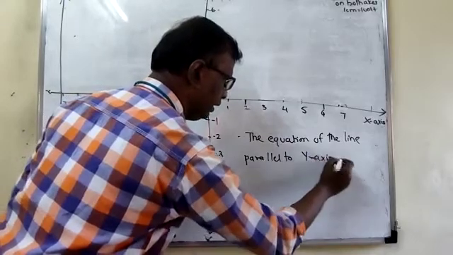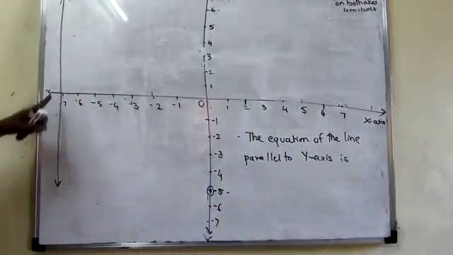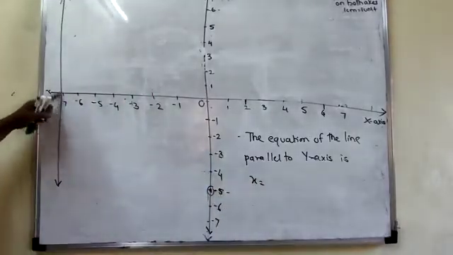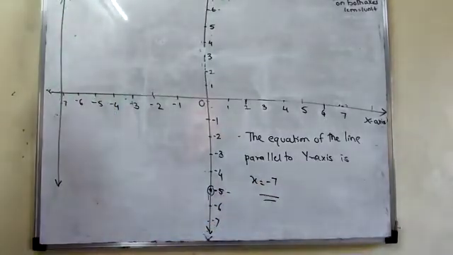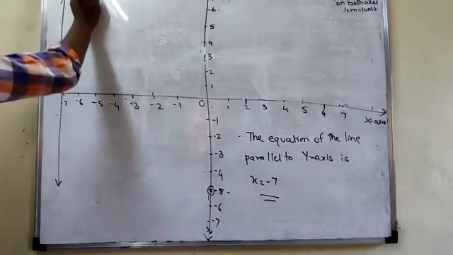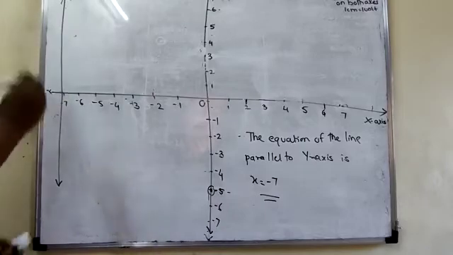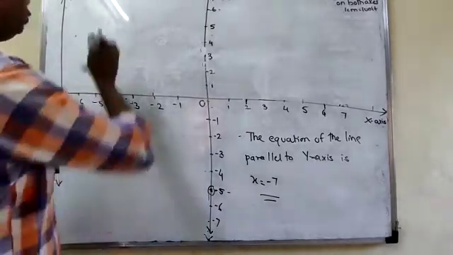Y axis, okay. Now this line touches which axis? X axis. So write x is equal to where it touches? -7. Finish. This much only here. Now, this was question number 2, Practice set 7.2 question number 2. Now come to the third sum. I'm drawing in the same graph only. You have to also do the same thing.